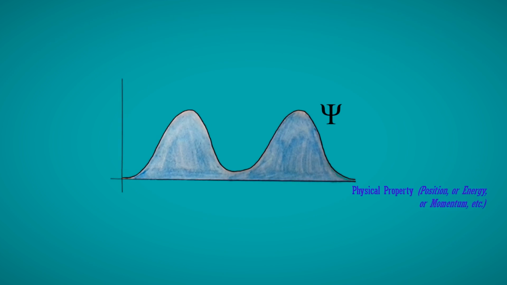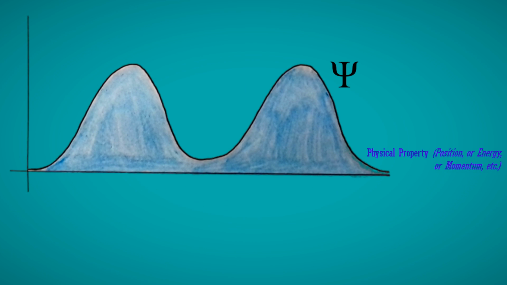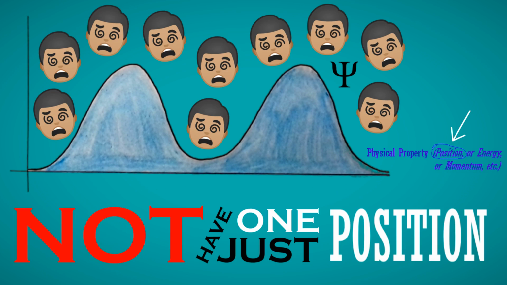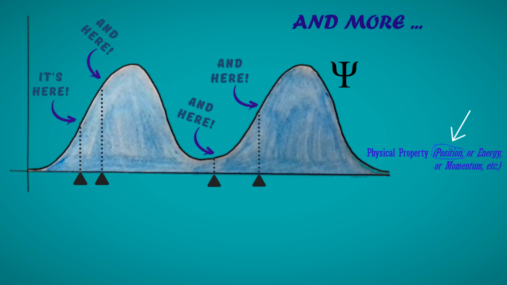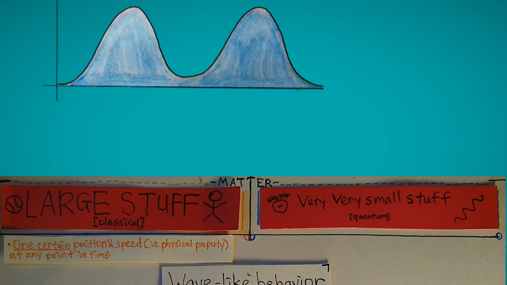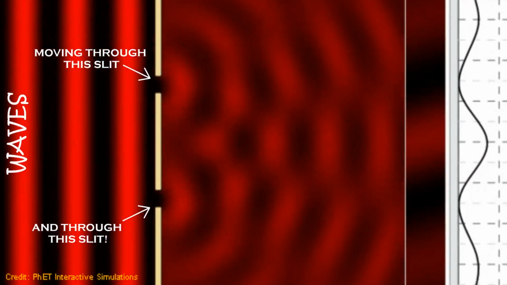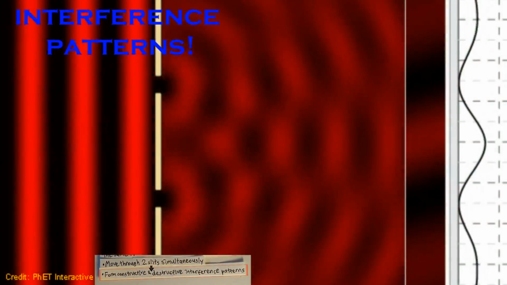The probabilities themselves depend on the height of the wave function, or the amplitude. This also means that the matter does not have just one position. Instead, the wave function is in multiple places at once, so it occupies multiple positions at the same time. After all, it's just like any other wave, say a light wave. It can move through two slits simultaneously to form constructive and destructive interference patterns, just like my laser's light waves do with a double slit.